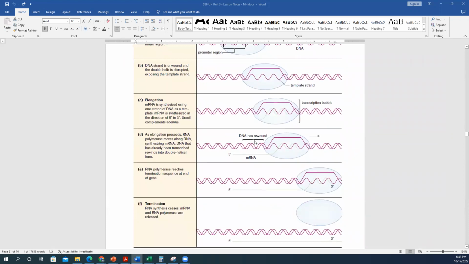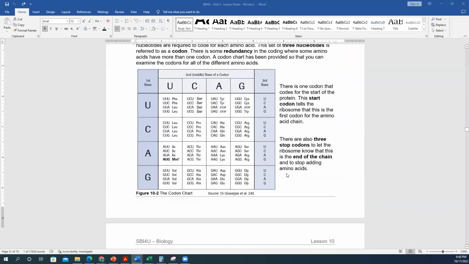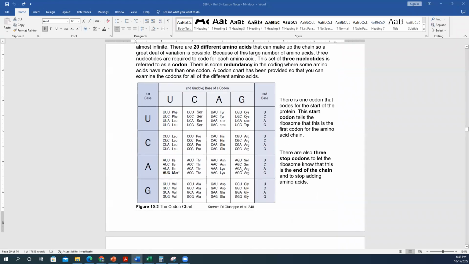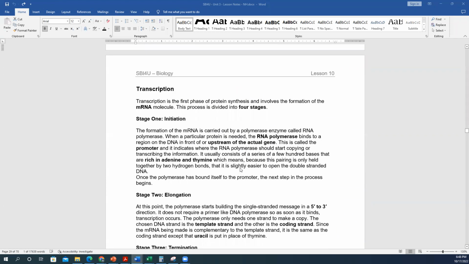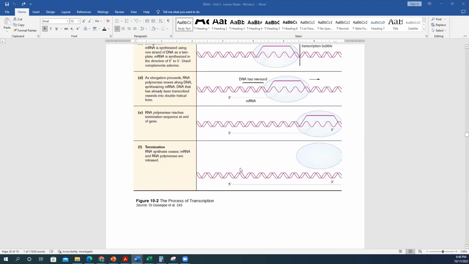Sorry, that was the wrong thing to say. No, that is for translation. That is for going from mRNA to protein. But once it reaches the termination sequence at the end of the gene, and there's a sequence to indicate where the end would be,